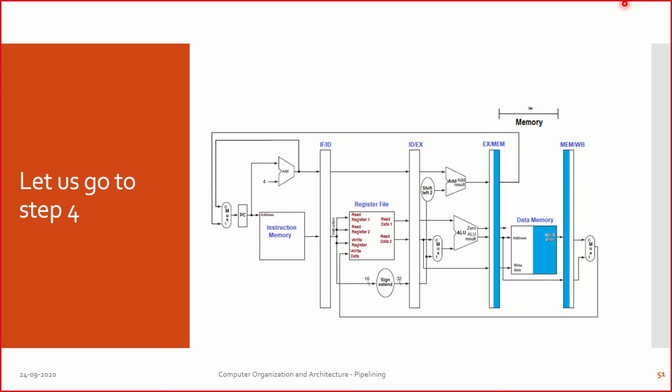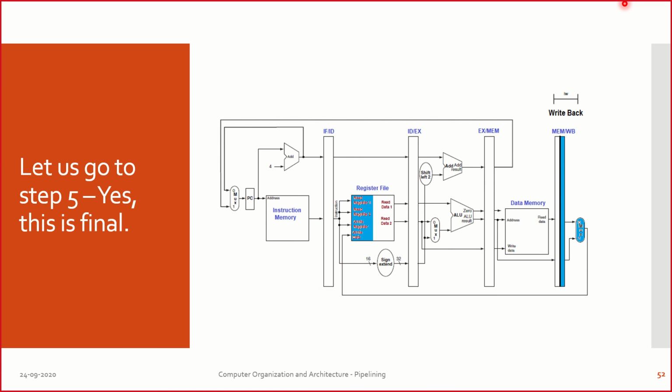Now what are we going to do? This is a load word instruction. So we are going to load the content from the memory location to the register. We are going to read the content from the memory location to the register. So I read the content and I push it onto the register file. That's it. So the register file write finally happened, and this is how we can understand how exactly the pipelined data path for the instruction load word works. Very simple and efficient. This is very easy to understand.